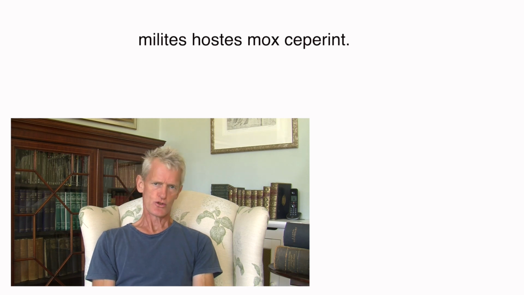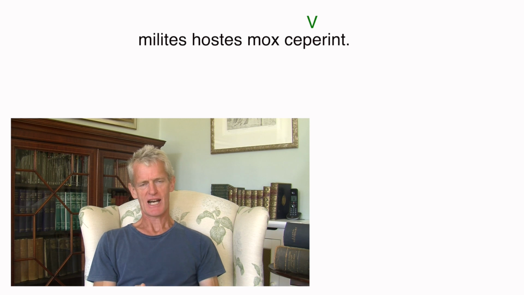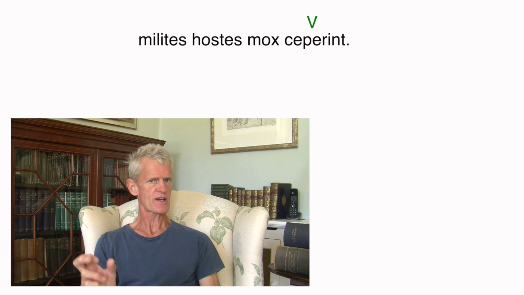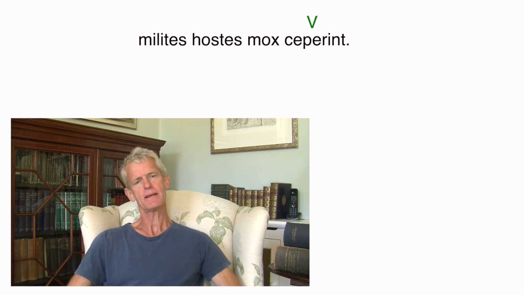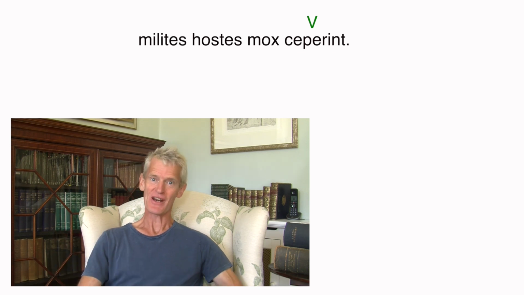Okay, normal rules, go to the verb first, caperint. Now, you possibly at this stage are picking up on these funny perfect stems. Caperint is coming from capio, capere, cepi. So caperint, erint is this new ending we've just learned, third person plural, future perfect tense. So caperint is they will have captured, or a noun in the nominative plural, will have captured.